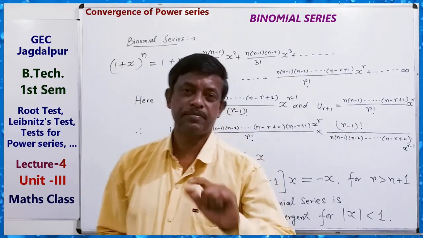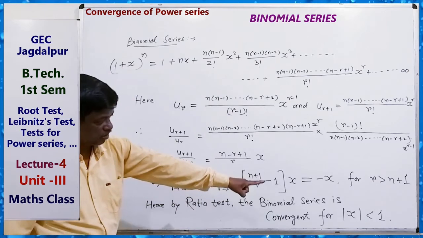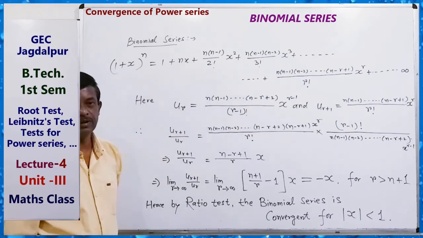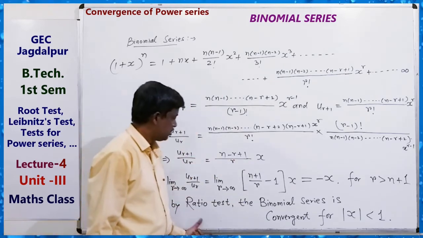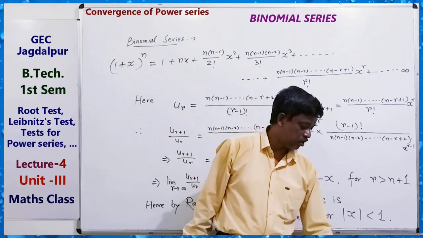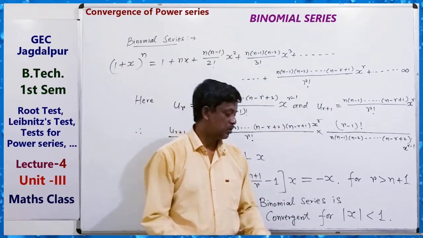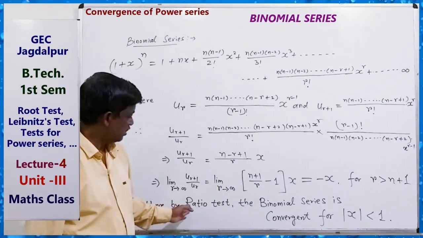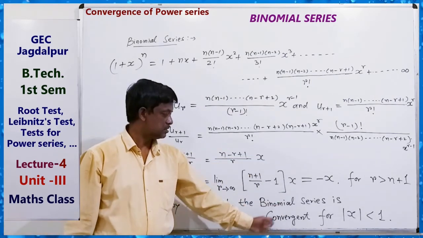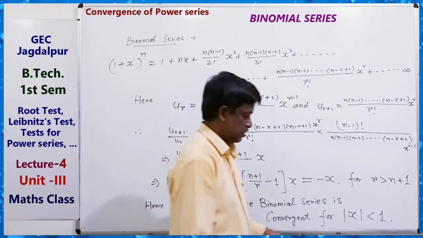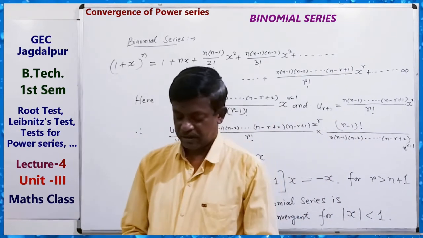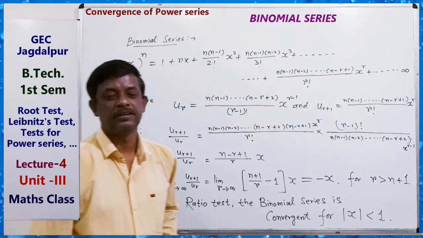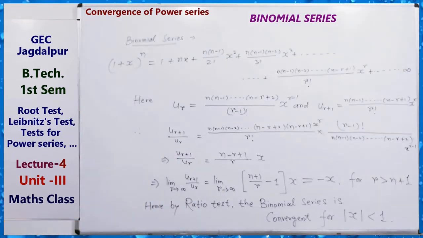So binomial series is convergent for mod x less than 1, because we will take modulus sign, because this is the value. So mod of x, that is mod of minus x, that is mod of x is less than 1. Then by ratio test, binomial series is convergent for mod x less than 1. So this is the completion of testing of series for convergence and divergence